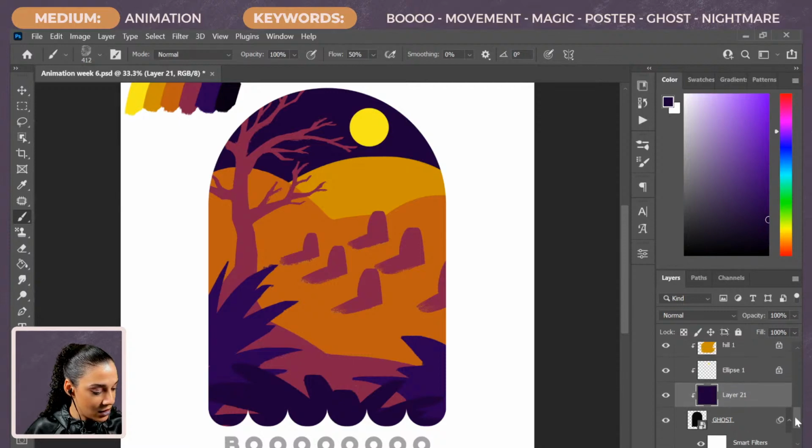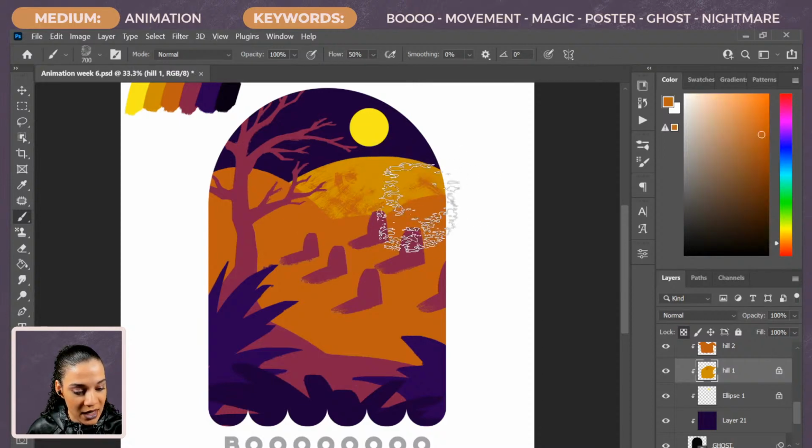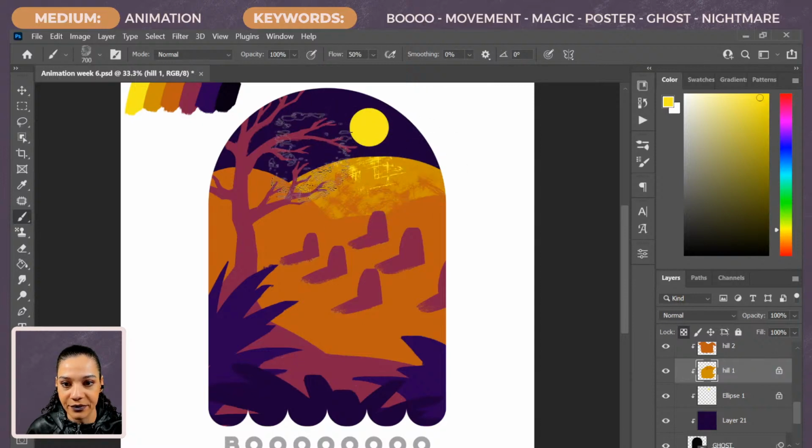I'm gonna come into my hill layer right here, and snag this gray or this orange color, and just add it in like this. I'm gonna add some scrapies that will make it a little more interesting. Maybe grab some of this yellow and throw that over here. Yeah, add some more scrapies there.